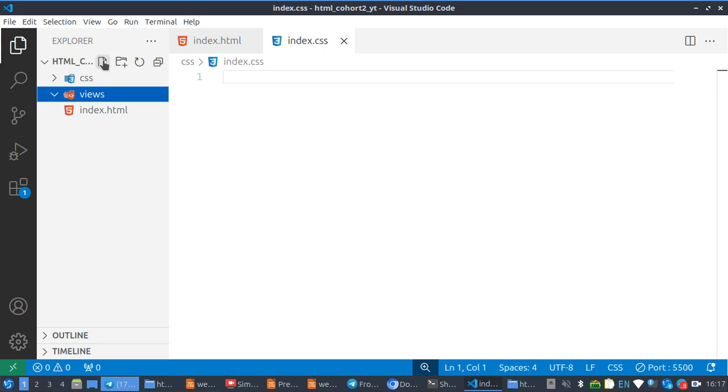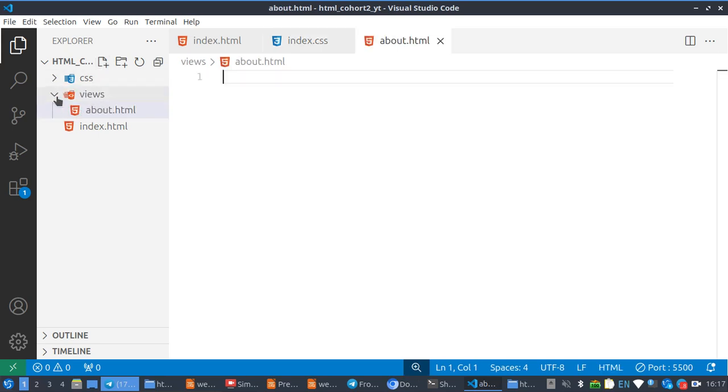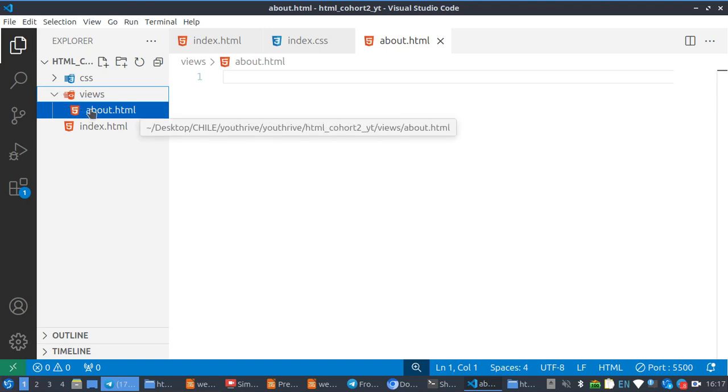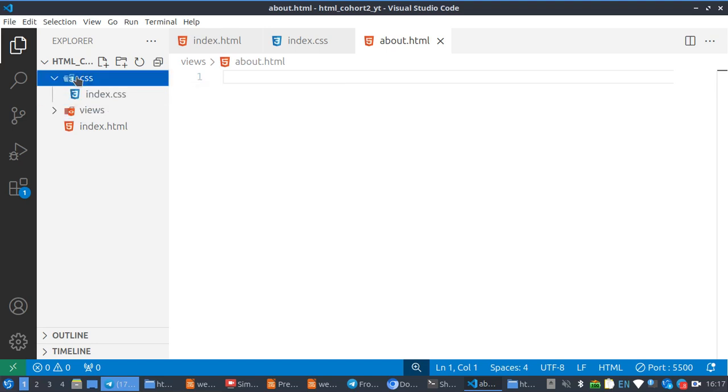Enter. So you notice now that you see this line is showing that this views folder now has some children inside. So if I close it, you see that it's not showing, but if I tap it, you see that it's showing. Then for this about.html, you also need the CSS too. So I'll now tap on the CSS